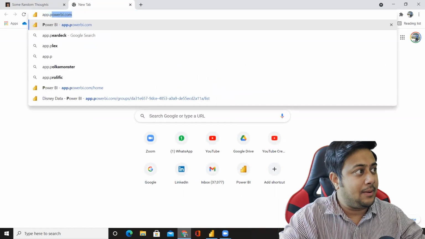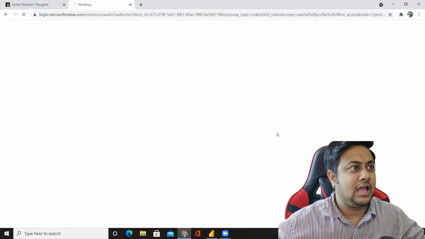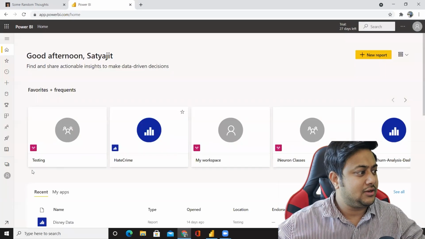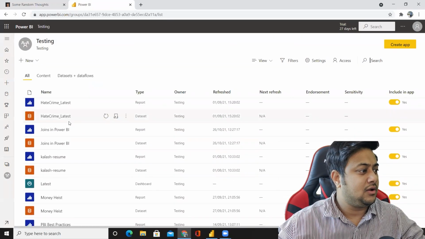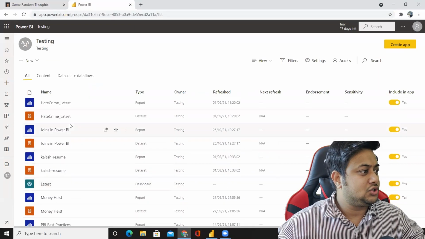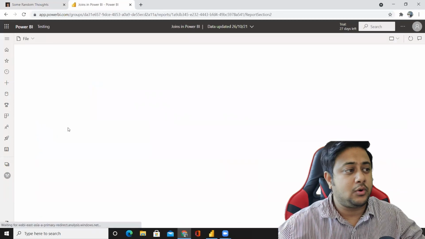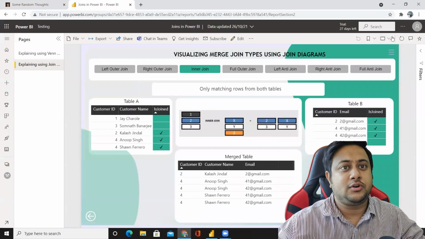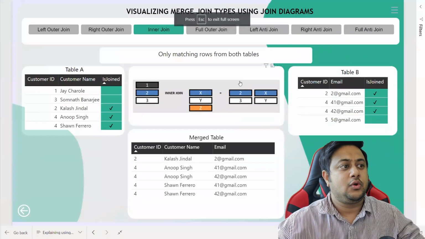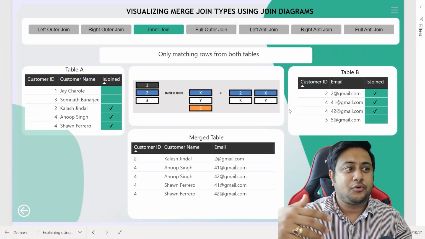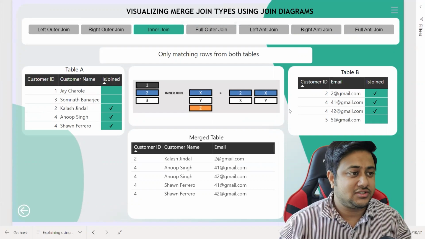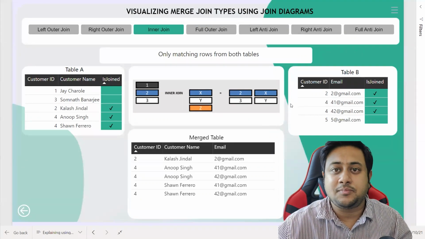We will be going to app.powerbi.com, and I will simply go to my workspace, which is testing, and open my joins report in Power BI, and you can see this beautiful representation. This particular dashboard, taken from an idea by sqljson.com, was built entirely by one of my students.